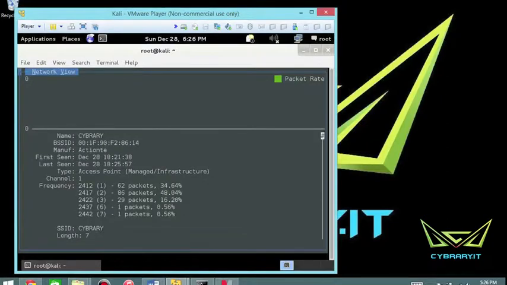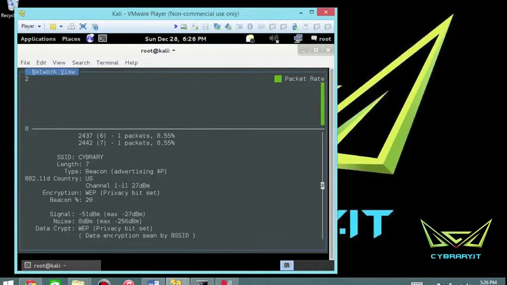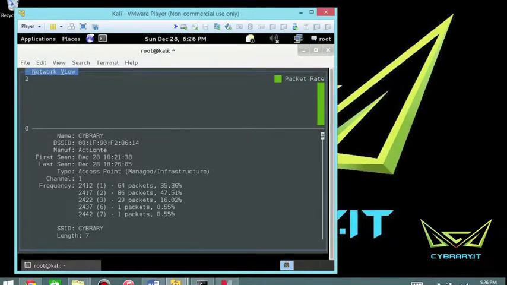So I can go ahead and hit enter there, and I can scroll through here and get a basic overview of how that access point is set up. So I have your SSID, Cybrary, your BSSID, again, 001F, and we'll just call it 001F for short. It's definitely very helpful to write that down, because whenever you're doing any sort of attacks, you're going to need to reference these BSSIDs, especially if you start getting into spoofing access points and things like that. The manufacturer is Action